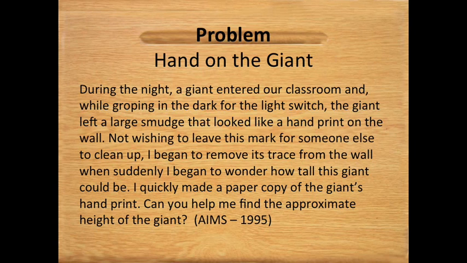I've also had a handprint that was made for me that I taped to the wall. It's a large handprint, and I say, there's the handprint, and then let's look at it. How can we determine, based on the handprint, how big the giant is, or the person whose